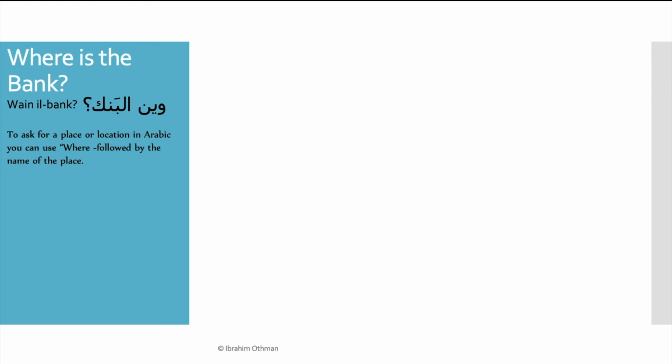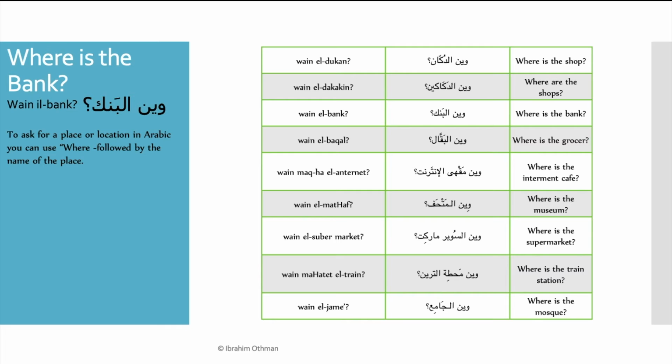So all you need to say is just use wein, which means where, and then followed by the name of the place. Here we've got a couple of examples. We've got the Arabic, we've got the English one, we've got the English transliteration. All you need to do is just always to pause and then practice and then move on. So if you could say wein